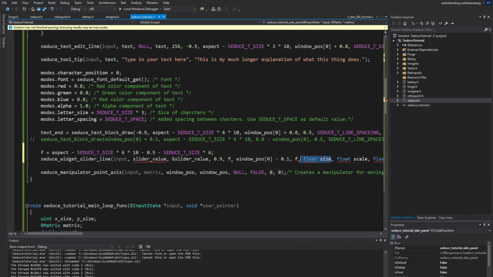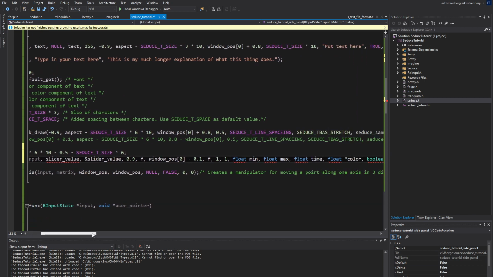And then size, I'm not sure what the size is, I don't remember which ones these are. And then we need a minimum value, which we're going to set to 0. A maximum value, which is set to 1. A time value, which we haven't worked on time yet, but we're going to say 1. And then a color value. And then snaps. Let's set snaps to